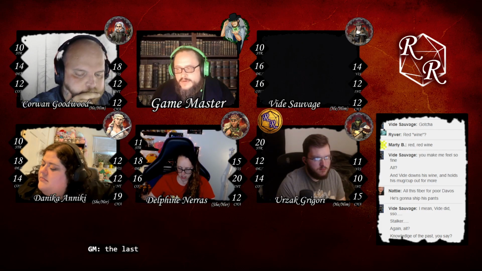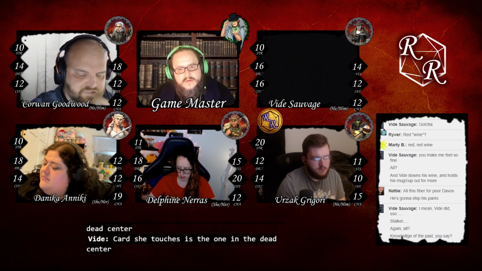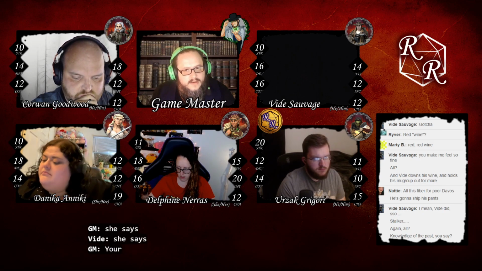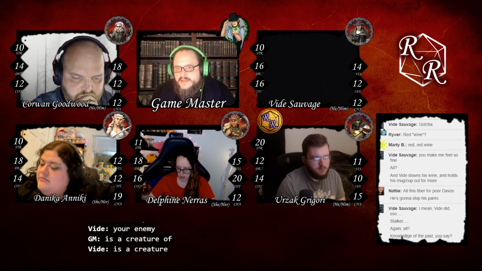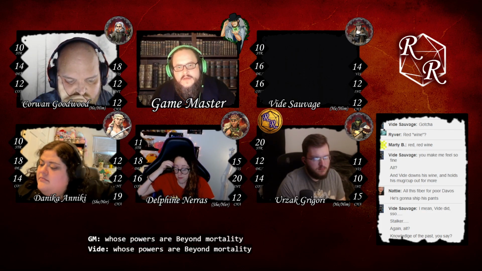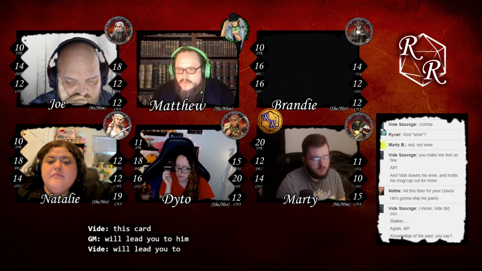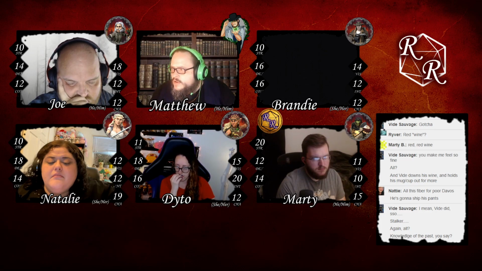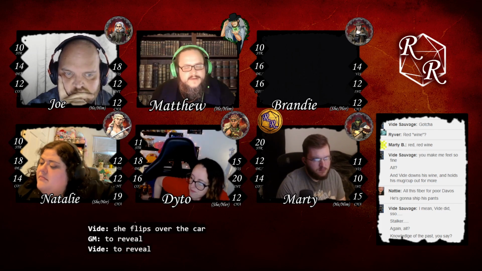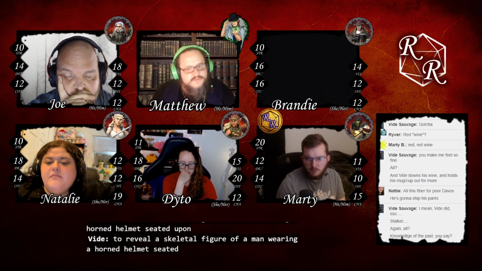The last card she touches is the one in the dead center. She says, your enemy is a creature of darkness, whose powers are beyond mortality. This card will lead you to him. She flips over the card to reveal a skeletal figure of a man wearing a horned helmet, seated upon a throne.